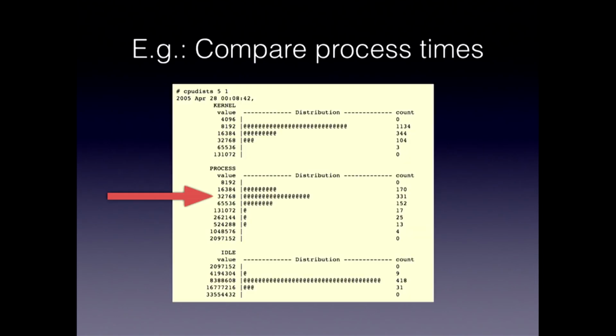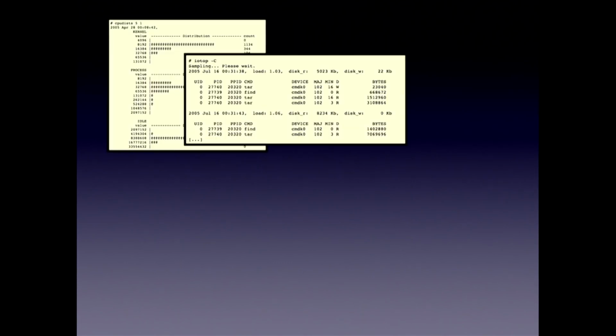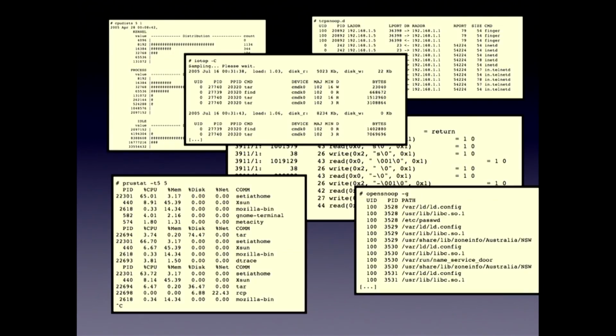But it had a little bit of a problem, which is that, for example here, when you see this one that compares process times, you see this one in the center here is outputting a distribution of processes as ASCII text. So it's showing you these little @ signs to say that process in the center there is taking up half of the overall time, and the other ones are taking up the rest. It's not the best GUI. So you end up with this non-ideal situation where you kind of got all this console level output, and we